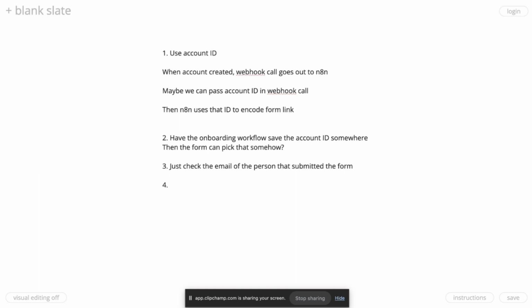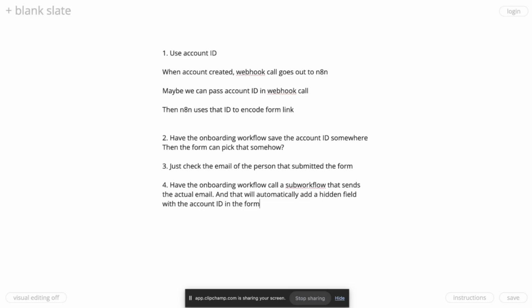And this is have the onboarding workflow call a sub workflow that sends the actual email. And that will automatically add a hidden field with the account ID in the form. So that's dynamic,